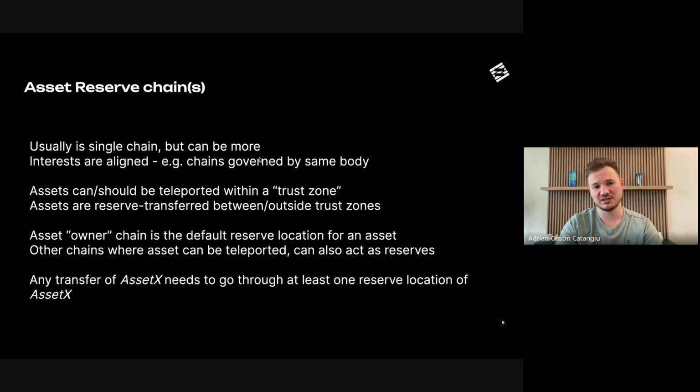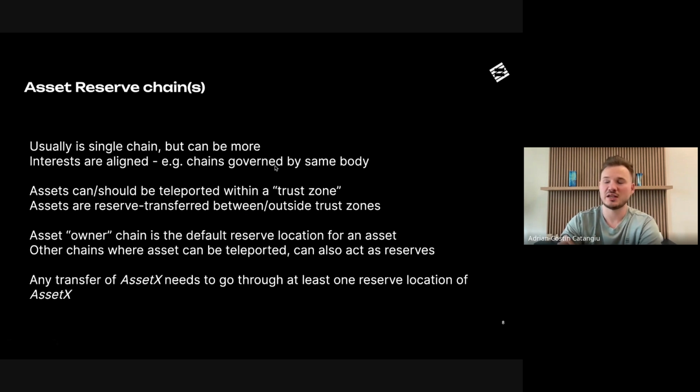When there are more chains that are acting as a reserve, that usually happens because the interests are aligned. Right? So maybe you have a big company launching two different chains. Behind the scenes, these look like two sovereign chains, and they are two sovereign chains, but behind the scenes, they're controlled by the same body. So